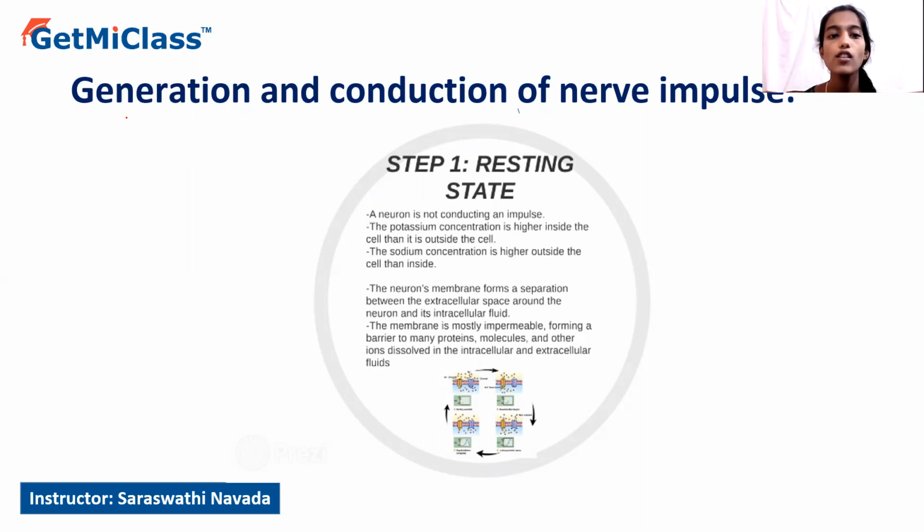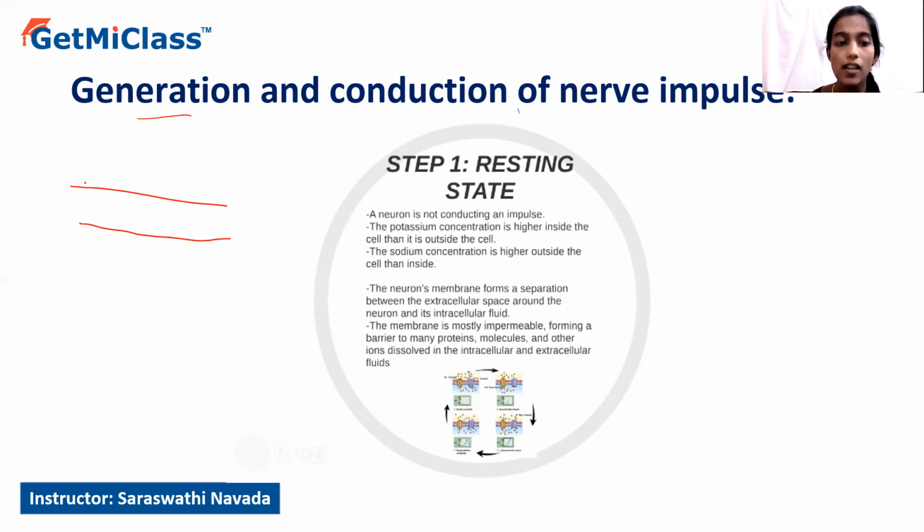In case of generation and conduction of the nerve impulse, it can be explained in three different steps: resting state, action potential, as well as the repolarization. So we'll see the condition of the nerve membrane or the neural membrane when it is in a resting state. Suppose we consider this nerve membrane, when they are in a resting state,